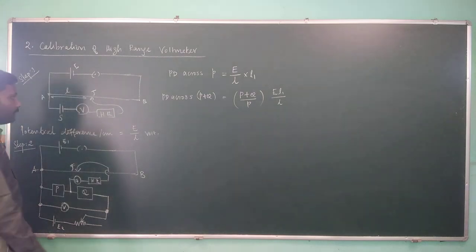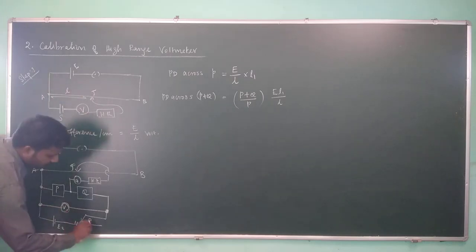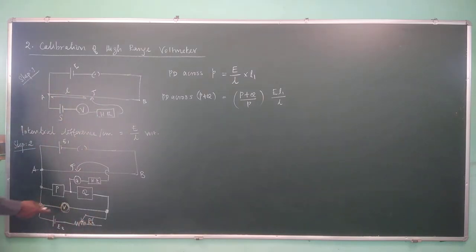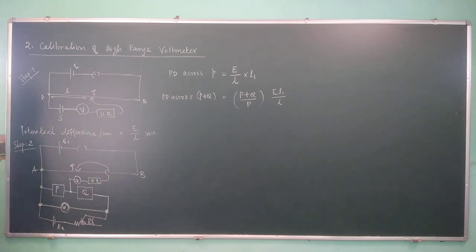So now we can vary the potential difference across P and Q for different values of voltage by varying the rheostat. By varying the rheostat, we can make different values flow across the voltmeter. Now for different values of the voltmeter, we can calculate the balancing lengths, right? And by knowing the values of P and Q, we can theoretically calculate the potential difference across these two points, that we can compare with the voltmeter reading, and the difference is nothing but the correction.